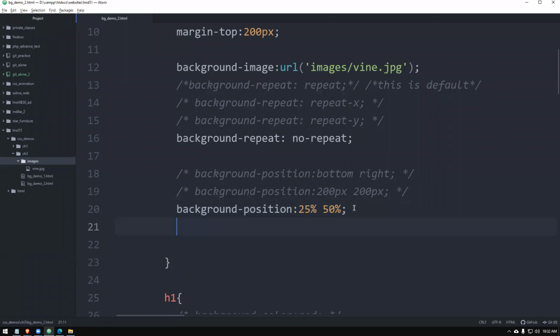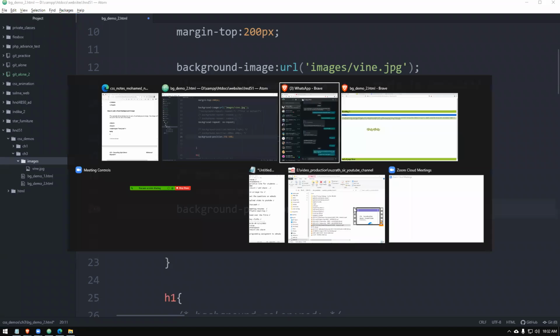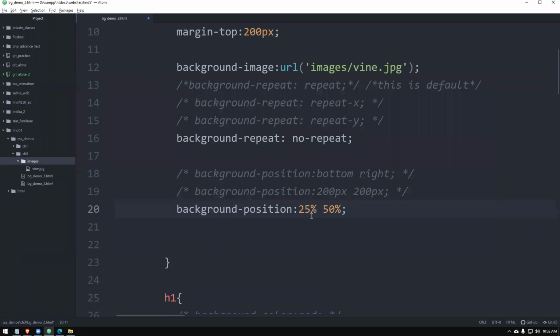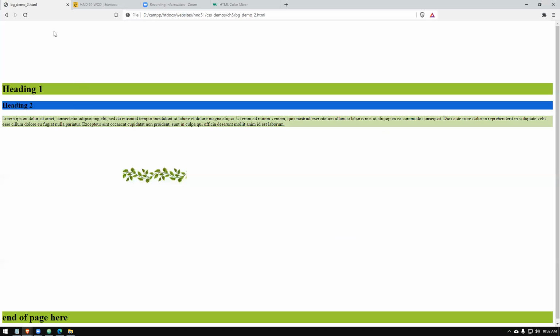How can we have a fixed background, right? In here, the background is over here. We will give 50% 50%. We'll see where it is appearing. At the center, right?